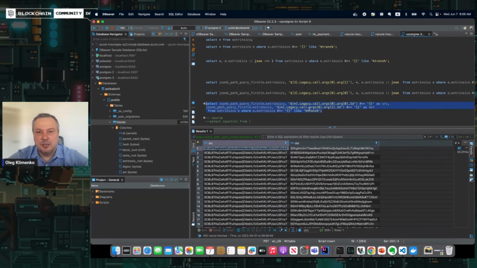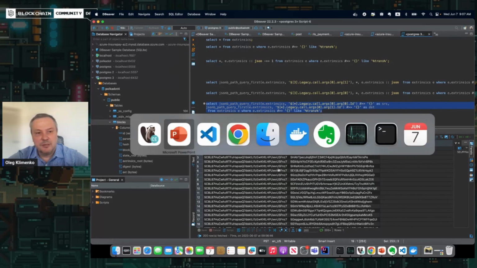I've just done it using some path for JSON to extract source and destination accounts. They are not personal, of course, but again, I thought, why not engage a graph database? A graph database is an interesting thing